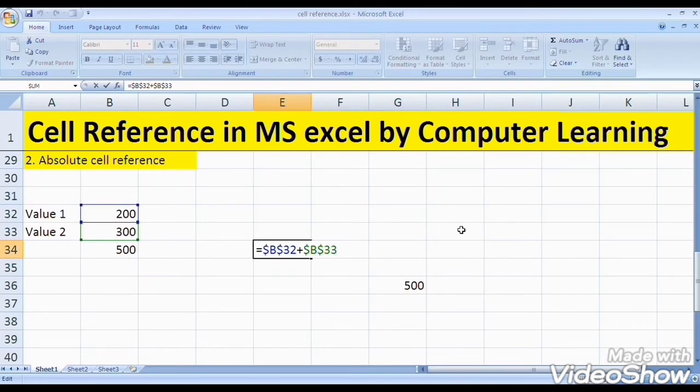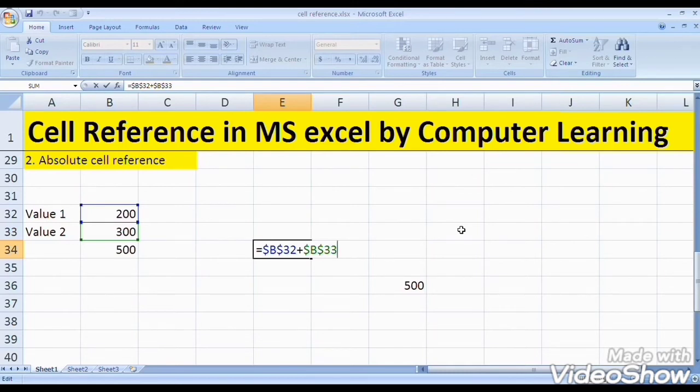And see the cell reference, it is the same, B32 and B33. Means before that what I used was only the dollar. Means when we use a dollar, it is an absolute cell reference. It will not change at any place. That is the information about absolute cell reference.